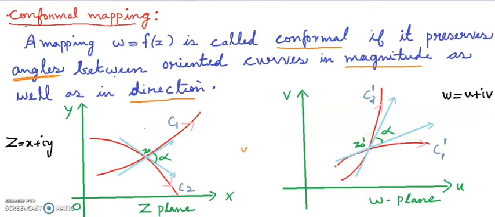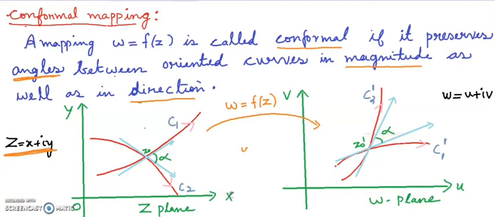The mapping w equals f of z, from the z plane to the w plane. If you take a point in z, f of z is its image in the next plane. So here I take two planes. The first figure represents the z plane. We always take z equals x plus iy throughout this module, so here we have the x-axis and y-axis.